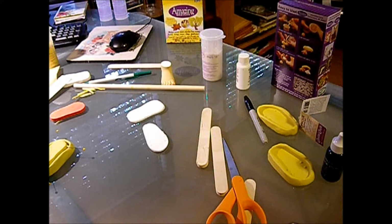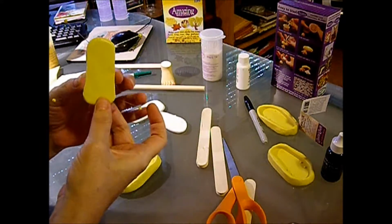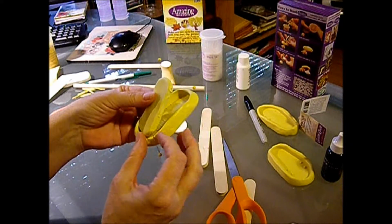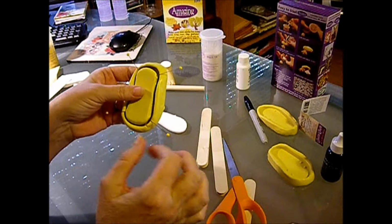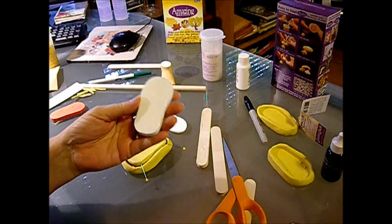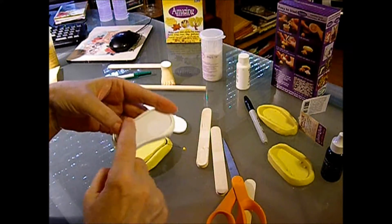Okay, this part's for the adventurous. I told you that one part where I tried to make a piece. Well, I didn't get it thin enough, so I ended up having to cut it with scissors, because by the time I got to it, it was already cured. So what I'm trying to do is take this, put it in here, so that when I pour the resin, I'm going to have an indentation all the way around that bottom mold. So instead of getting a flat surface like this, I'm going to have a place that I could make a piece of cardboard with and use that to set right in there, and I don't have to worry about any kind of connection that I'm making on that